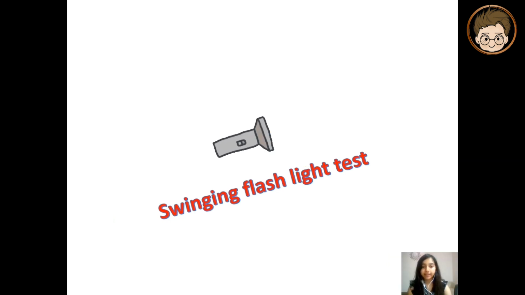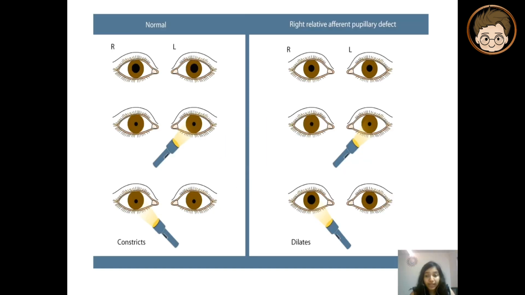To test for RAPD, we can use the swinging flashlight test. In the swinging flashlight test, we swing the torch from one eye to the other, that is from right to left and back from left to right. This is done in order to fatigue the affected eye's optic nerve, here the right eye. I already said that the optic nerve is partially functioning, so in order to make that partially functioning optic nerve fatigued, we swing the torchlight,